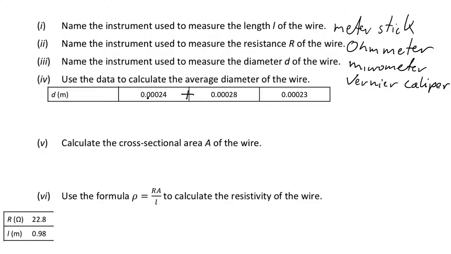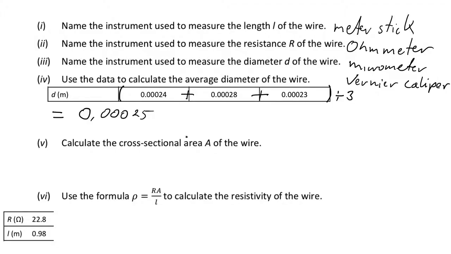So 0.00024 plus 0.00028 plus 0.0023, and divide the result of this addition by the number of the data points, and in this case we have 3 data points. So if you carry out that calculation, we'll get that the diameter in meters is equal to 0.00025